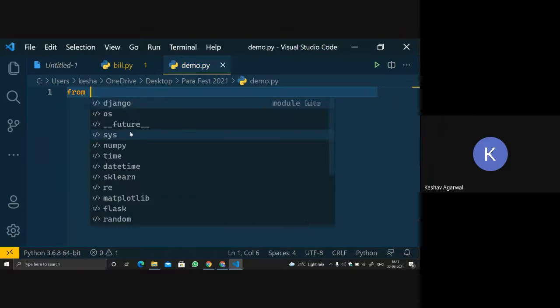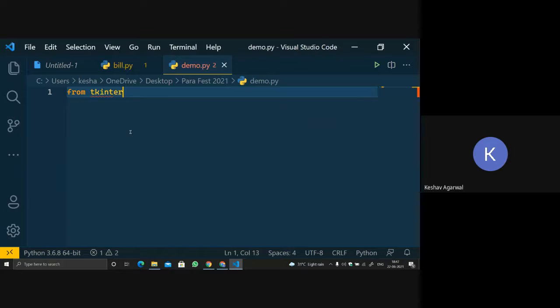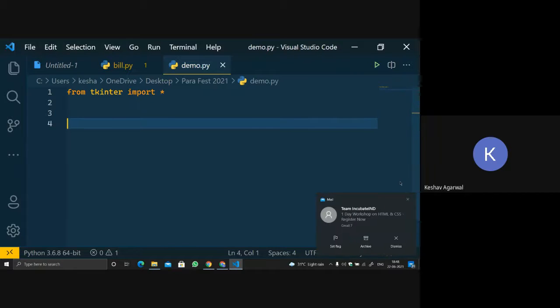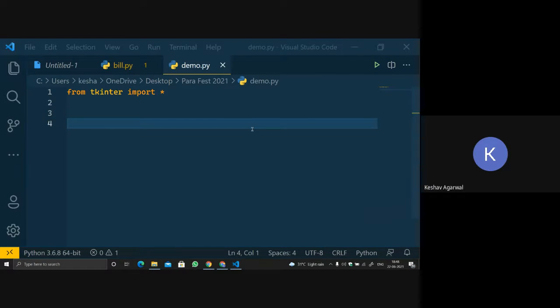So from tkinter import star. Tkinter is an inbuilt package. You don't have to explicitly install tkinter on your devices. You just have to do this statement, and this will import all the packages. So now let's make a class.